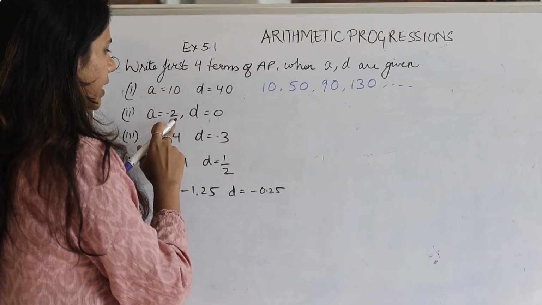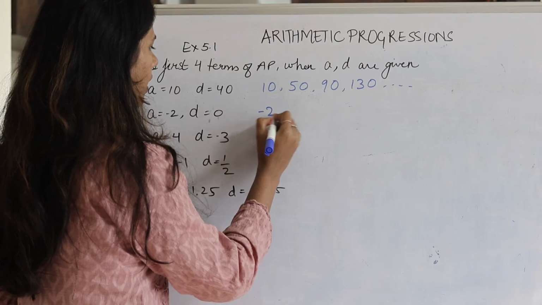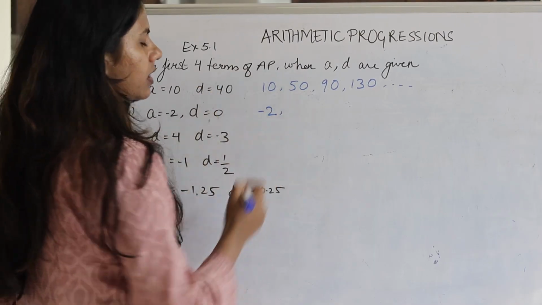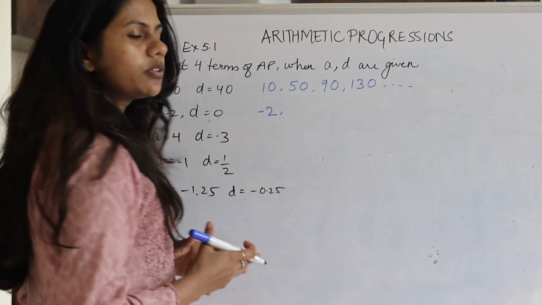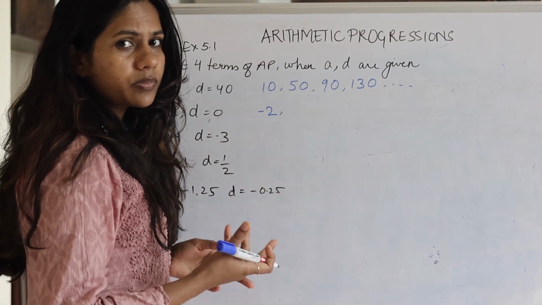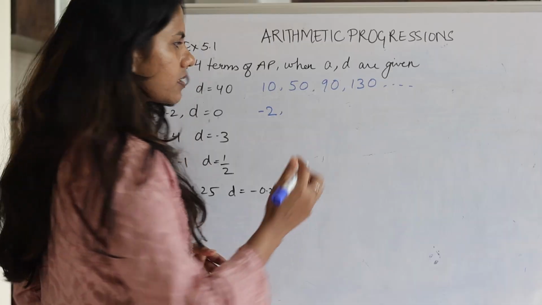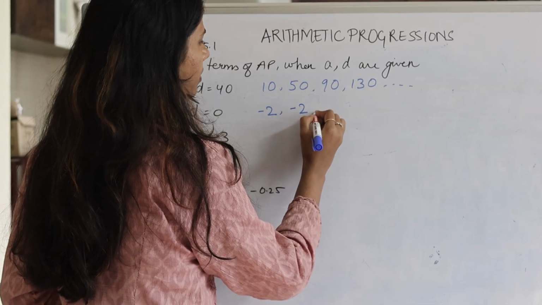Now we have A is minus 2 and D is 0. So basically we are adding 0 to it. Whenever we add or subtract 0 from a number, it remains the same. So our series will be